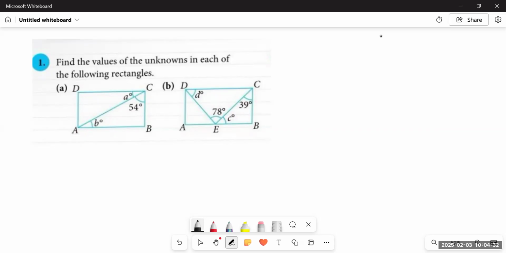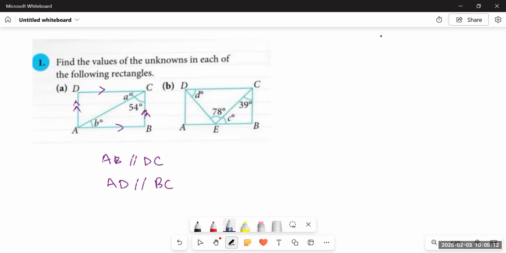Starting from question number 1, let us first talk about the properties of rectangles. So just keep in mind that a rectangle is a quadrilateral which has two pairs of parallel sides. What does it mean? It means the opposite sides are basically parallel in a rectangle. So side AB is parallel. We can say that AB is parallel to DC, and similarly AD is parallel to BC, right? And also the opposite sides are equal in length.